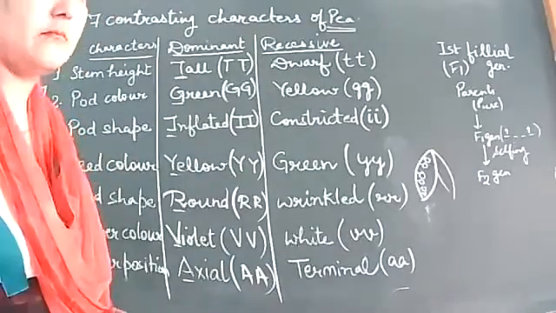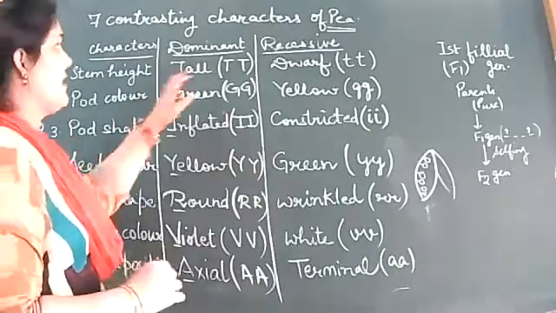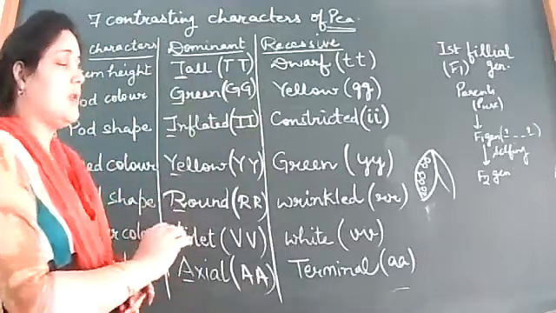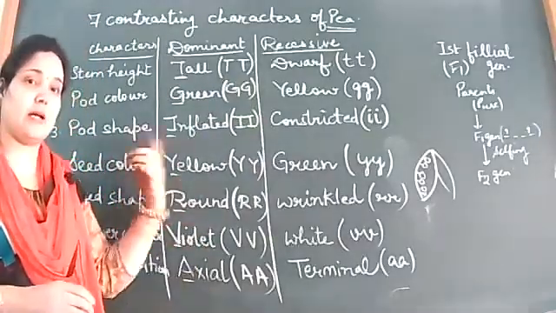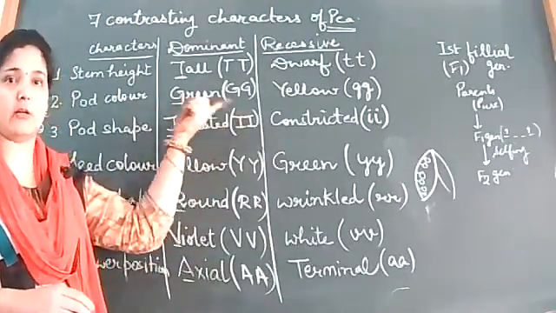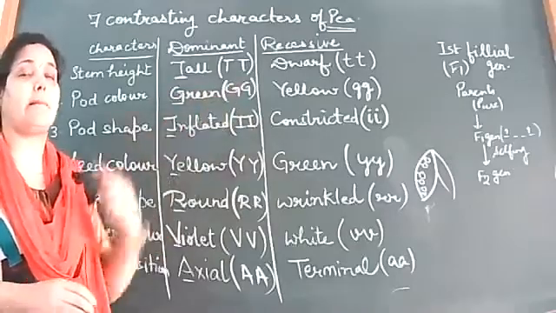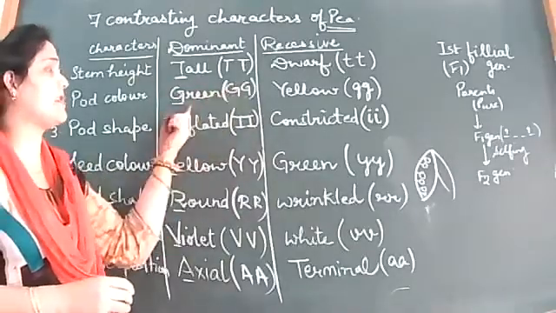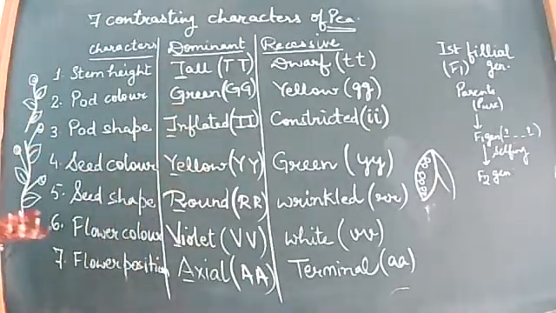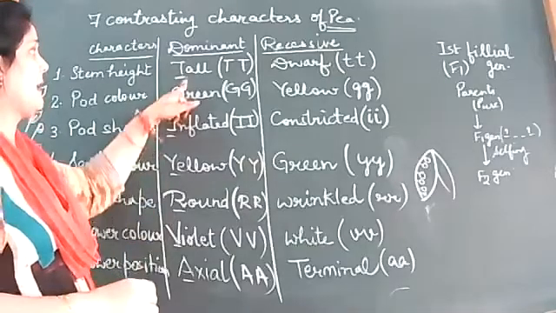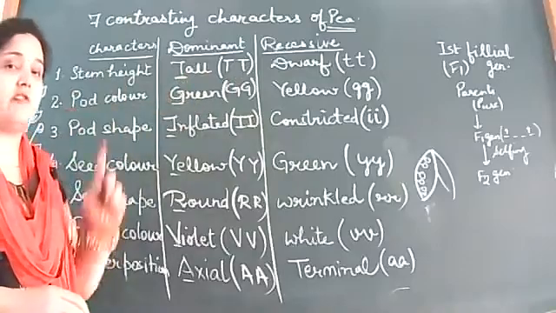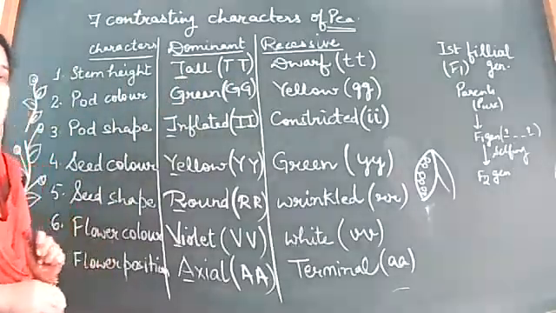Raise your hands. When you write the genes in a pair, that was the first law actually given by Mendel as its conclusion. So the laws of inheritance, the first law stated by Mendel, was that every character is expressed by a pair of genes. Okay, it's a pair of genes that decides or expresses a particular character. That was the conclusion made by Mendel, right? So for writing any character, we need to understand the pair, and the pair you'll be writing is from the first alphabet of the dominating feature.